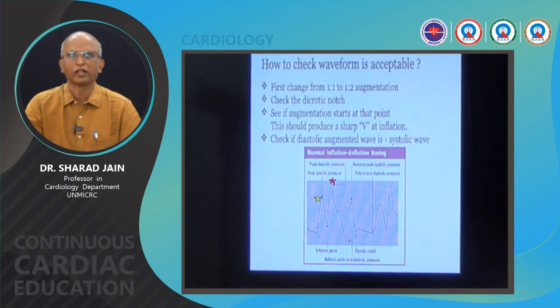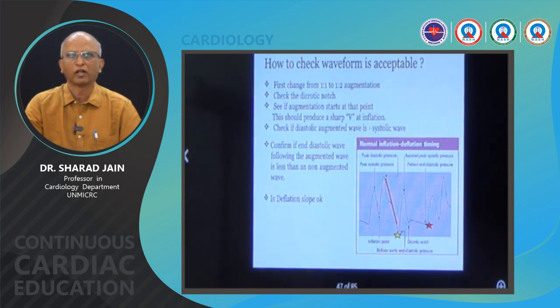Then again, you can check by another method also. See if the diastolic augmented wave is more than the systolic wave. The diastolic augmented wave should be more than the systolic wave of the patient. Then again, a third thing you can check is to confirm that the end diastolic wave following the augmented wave is less than a